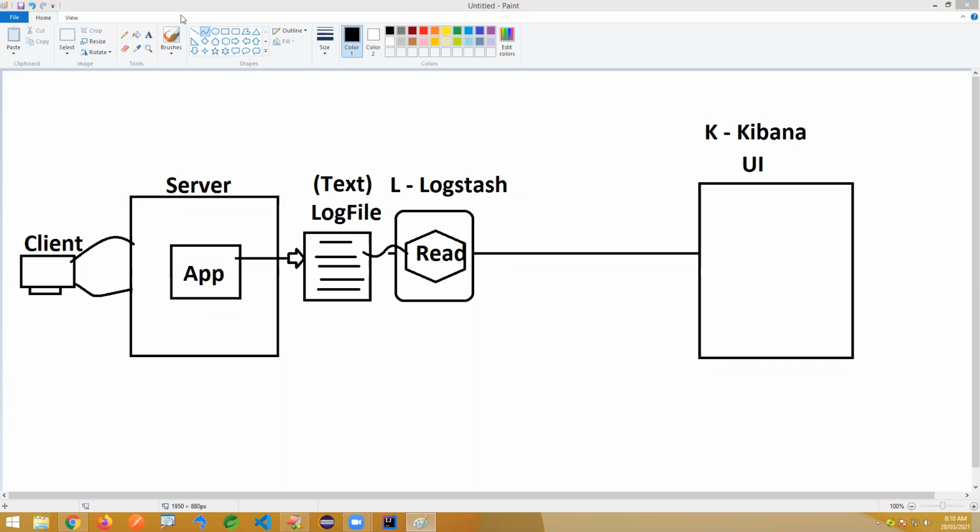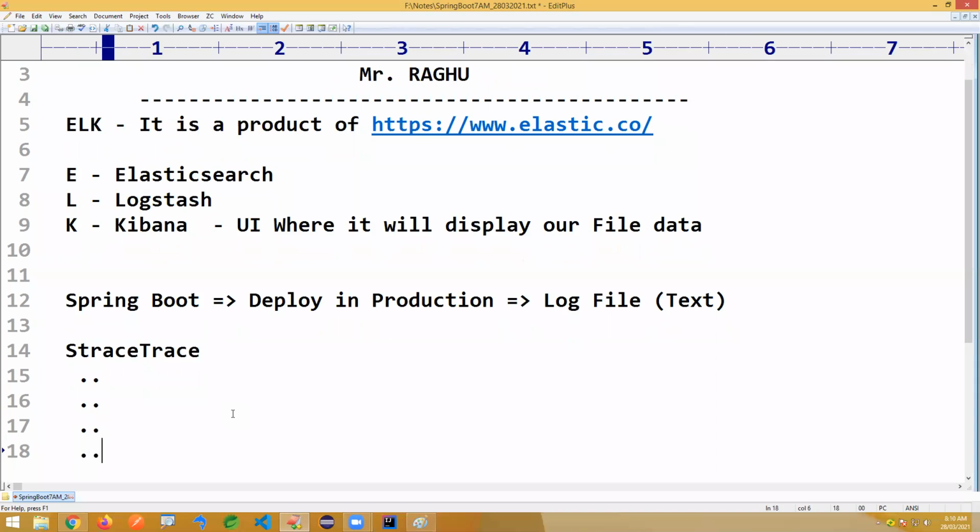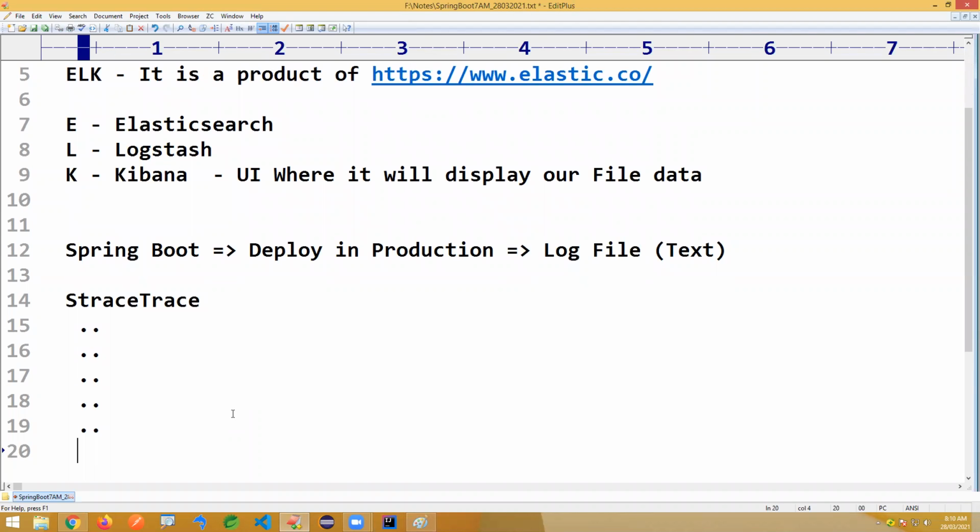Once it reads the data, you can filter some content, how you want to print it, what data you want to read. Whenever an exception message is printed, there could be a stack trace printed over multiple lines. I don't want this many lines. I want only some particular lines, the ones with "at" or "caused".